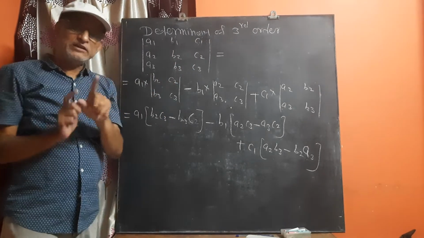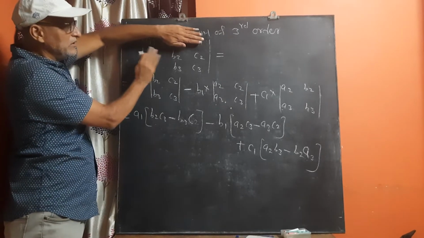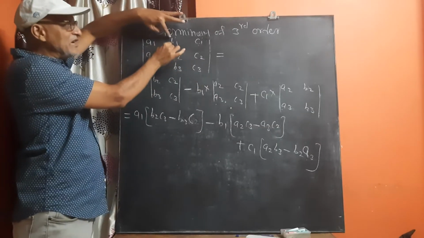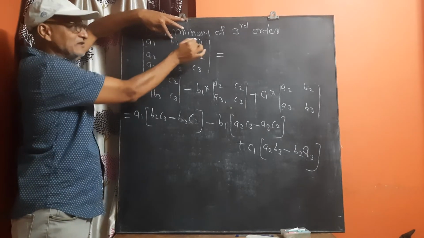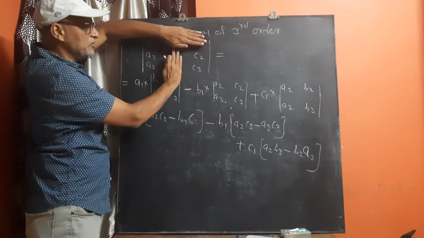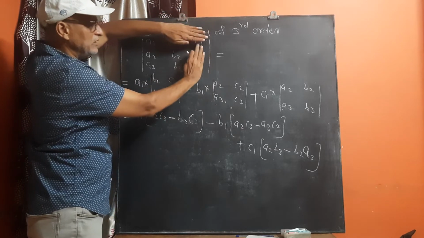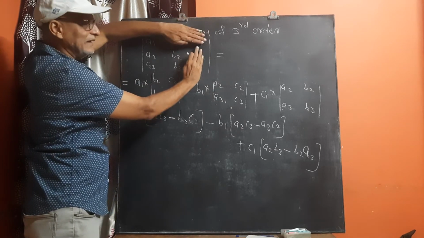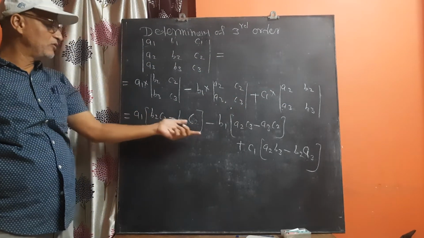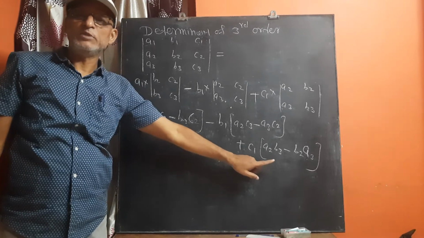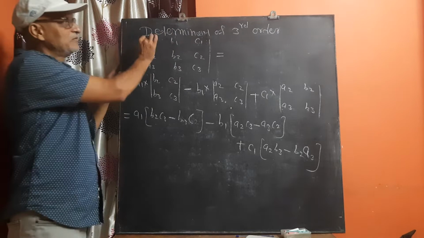जो कुछ भी I repeat again once more. You start with A1, ये और ये छोड़ दो, इसको 2 by 2 में लिखो. Change the sign of the second element. Only you have to change the sign of second. First और third as it is रहेगा. इसको और इसको छोड़ दो, बाकी इसको determinant में लिखो. Plus C1 into skip this one, this row and this column. Write down the remaining 4 elements in the determinant and then simplify the 2 by 2 order determinant. You will get the simplification of 3 by 3 order determinant. So that is the simplification of 3 by 3 order determinant.